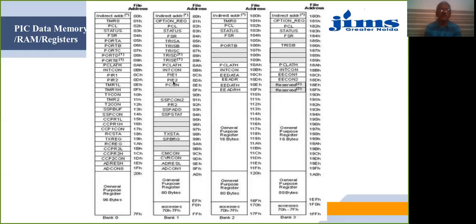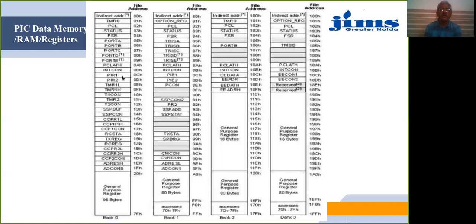So the topic of interest for us will be the INTCON, and there is a common format for the INTCON. It is available at addresses 0B, 8B, 10B, and 18B in different banks of the registers.